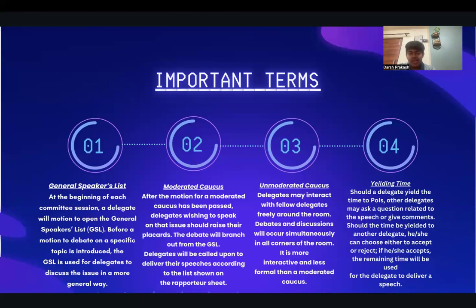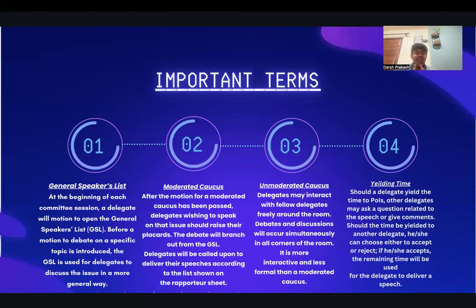Basically, in GSL, again, summarizing it, you'll get 90 seconds. You need to talk about your policies and programs of your country in brief. And after that, everything is over for the GSL from your end. Okay. Now, there's one thing that you need to keep in mind during the general speakers list. That is, GSL is